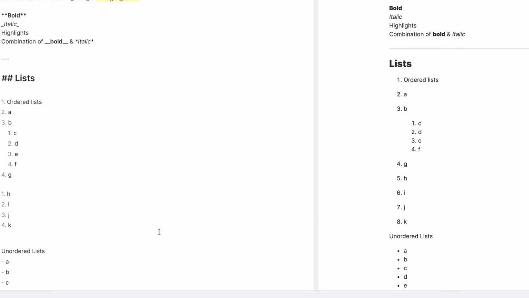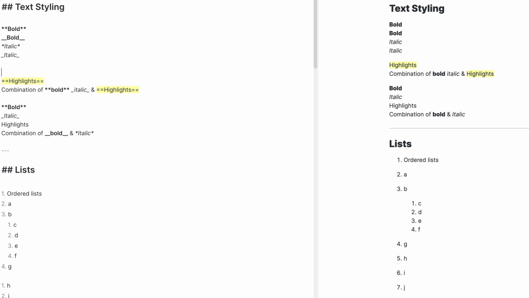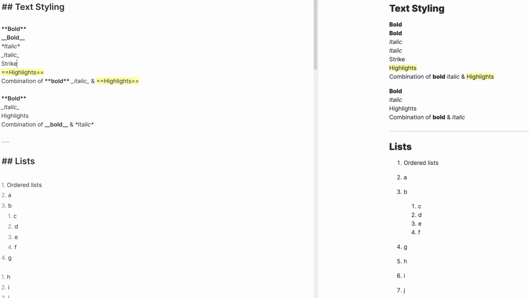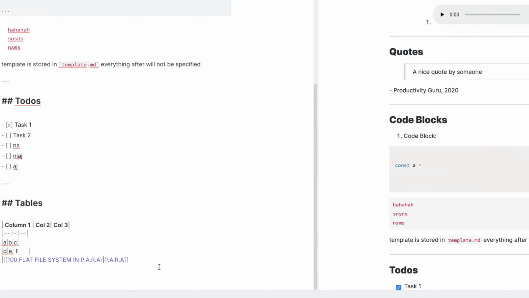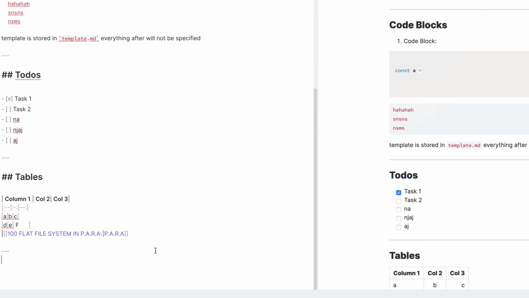Also, I just remembered in our text stylings, we've not mentioned strike through. So to do strike through, it's again very simple. We just put tilde keys. So 2 tilde keys and 2 tilde keys. That will create a strike through. That's it. And it can work in a combination as well. So strike, and that's striked off. Okay, so now let's put a line break, and let's go to the next section.